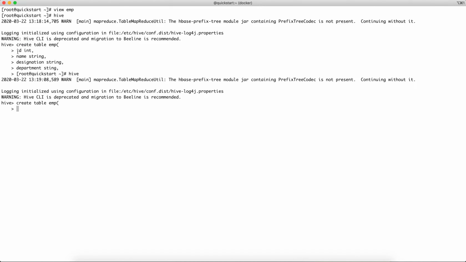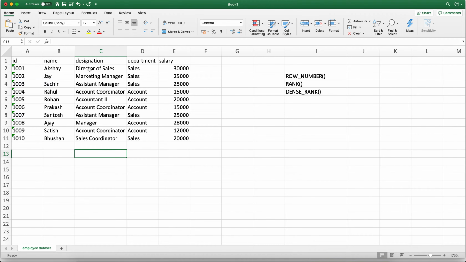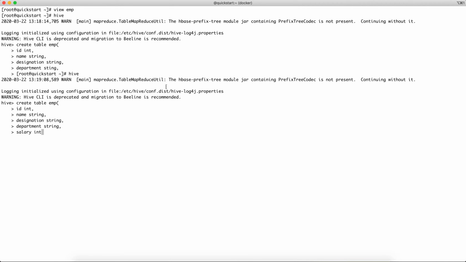Create table EMP, then ID, then we have name as string, designation as string, then we have department as string, and salary as, let's say, again integer. So we have ID, name, designation, department, salary, and these are the columns.